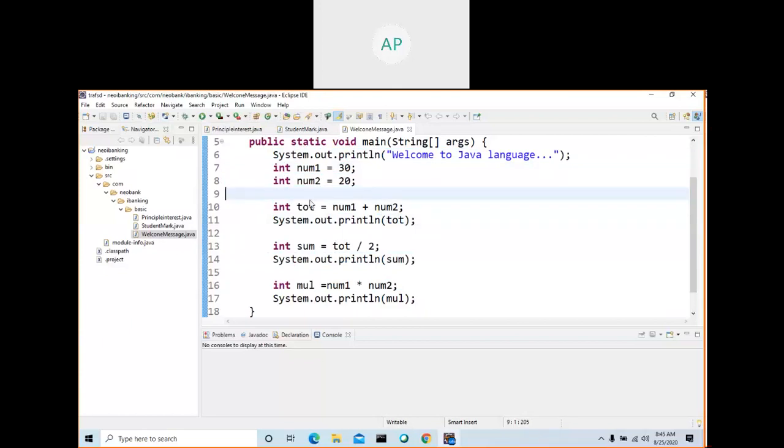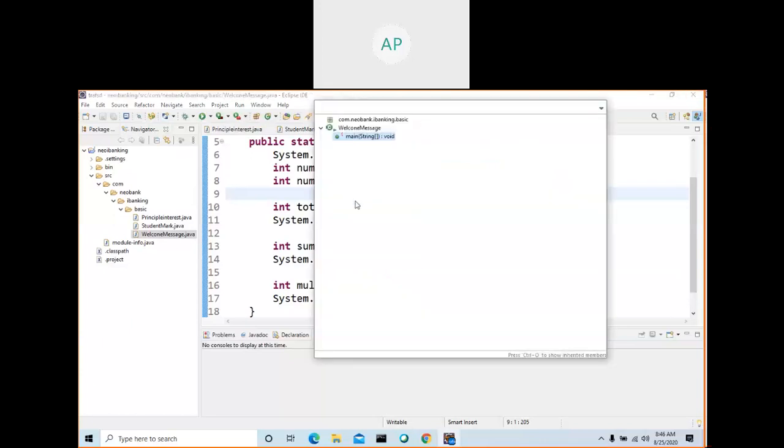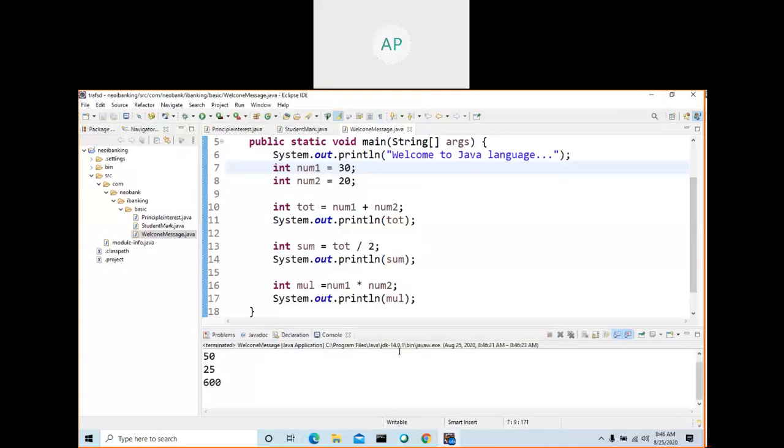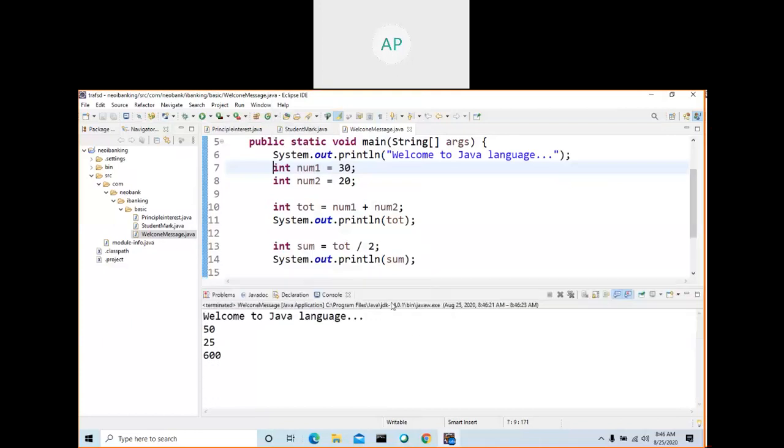So if I run this one, how will you run? Mouse right click, run as Java application, and you are getting the output something like this, right?